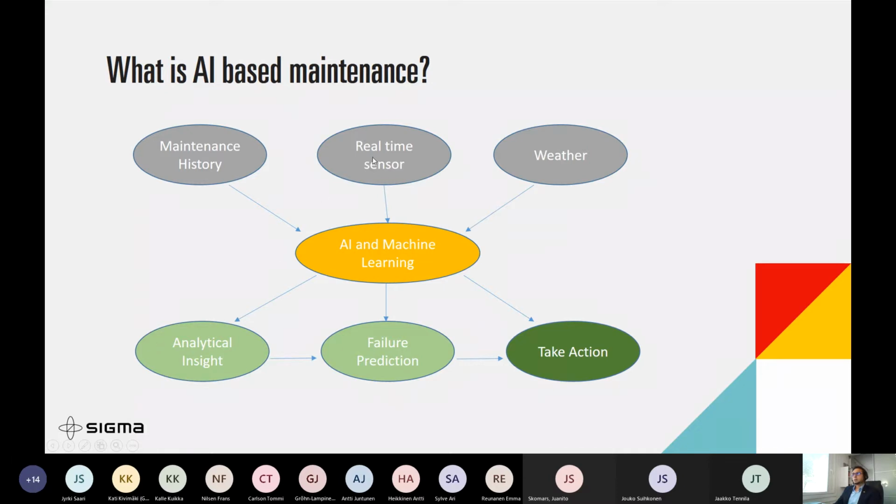So you can take some sensor information, some data from here, some data from weather, and put them together and make a formula. Based on that, you can give a score: if these parameters are like this, then this is the health score of my asset. That will be an analytical insight that it will give you. And also there are a lot of other things that you can extract from your maintenance history. So this analytical insight,